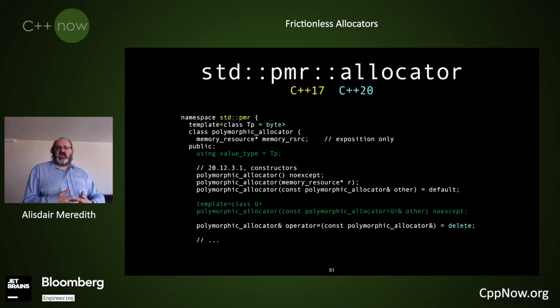In order to support being a general purpose C++ allocator, we have to have the value type that says, I might be a polymorphic allocator that can handle allocating for any different kind of object, but now I'm a standard PMR allocator. I'm an allocator for a specific value type. And we also have the polymorphic constructor that says I can copy allocators for objects of a different type that happen to use the same pointer as me.